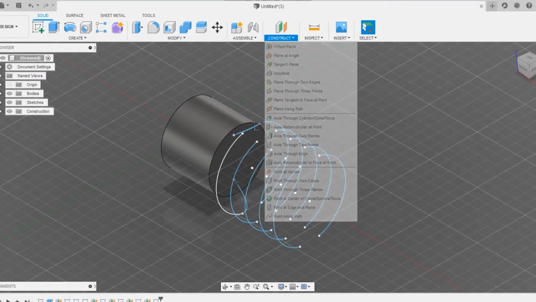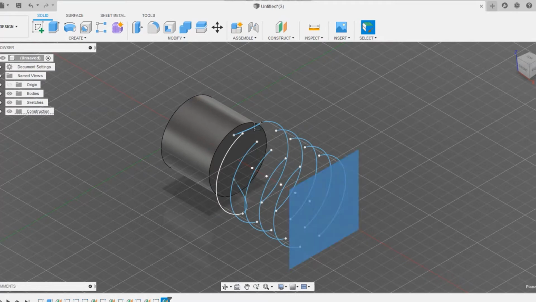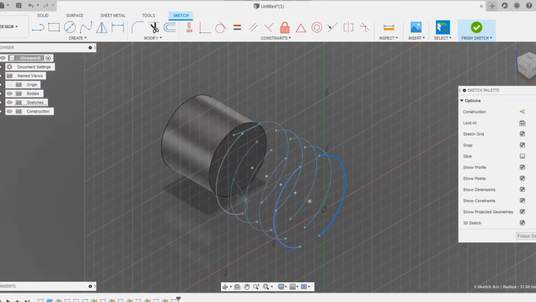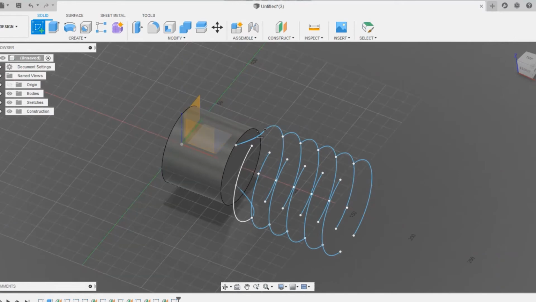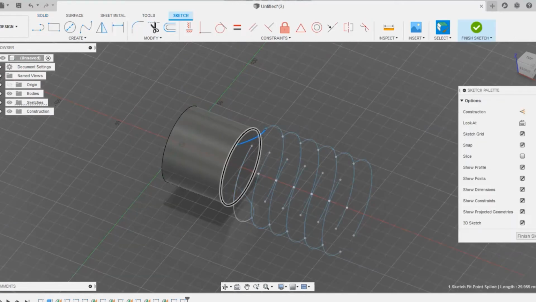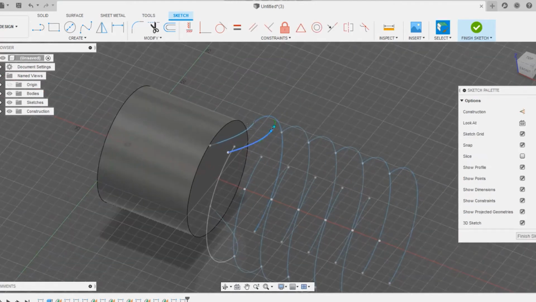Now we are going to select that. I think 90 mm is done. You could see 90 mm. That means around 6 spirals out there, including both the sides. Now we are going to select the connectivity line. Click on finish sketch, and we are going to coincidence. You can see I'm just clicking on the points and coincidence.